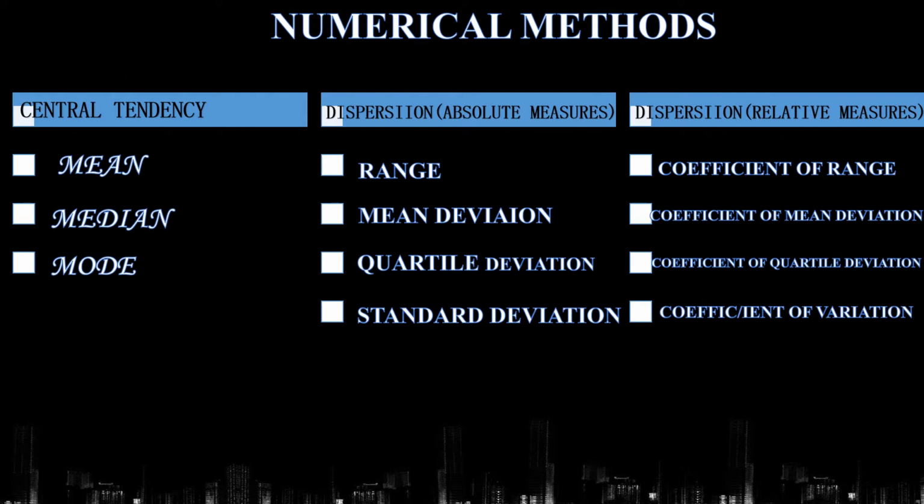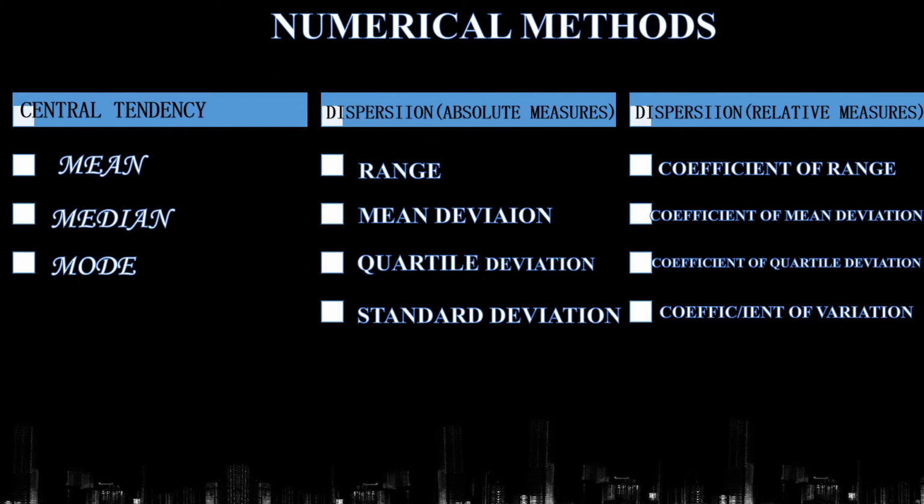So central tendency is a tendency which concentrates on a single value and which is the representative of the entire data. In this, totally 3 forms are there: mean, median and mode. So when to use mean and when to go with the median and mode, all this we are going to discuss in the coming video, which I am going to make on central tendency.